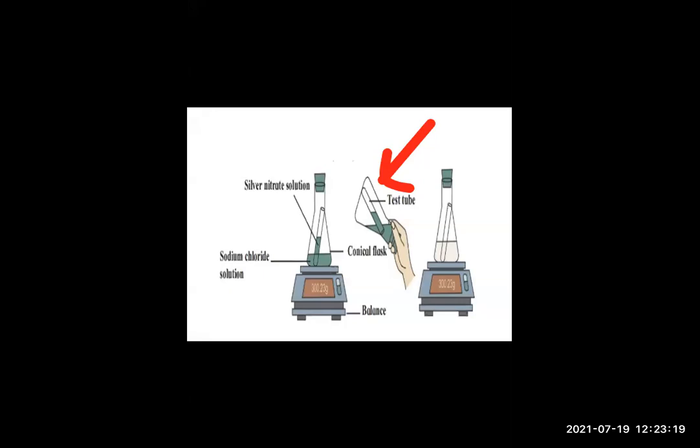Okay. So how can you write the reaction in the word form? Silver nitrate plus sodium chloride gives silver chloride plus sodium nitrate. Now in the chemical equation, you have to write AgNO3 plus NaCl gives AgCl plus NaNO3. Now you have to tell me what is the color of the precipitate I told you just now, students.